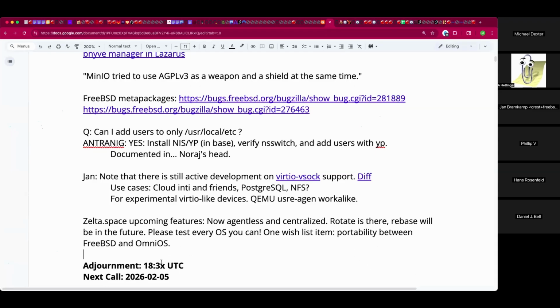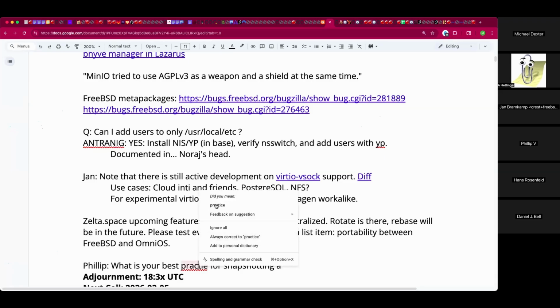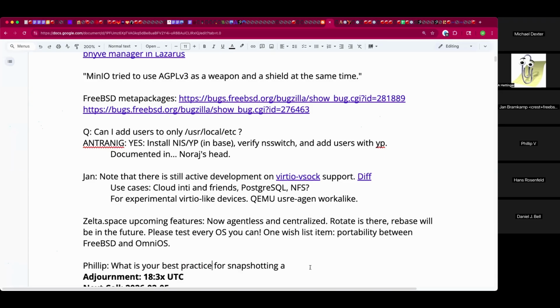This is Phil. I have a question that just came up when Daniel brought that up. Is there a best practice for how to snapshot for recovery of a bhyve that's in a ZFS volume or dataset? Right now I would shut down the VM, get a snapshot, back it up, and then I know that I can restart it. But is there a more efficient way to snapshot any operating system that could have unwritten writes somehow in memory or whatever? Oh, this is such a great question.